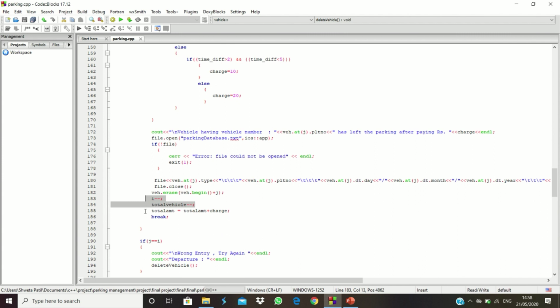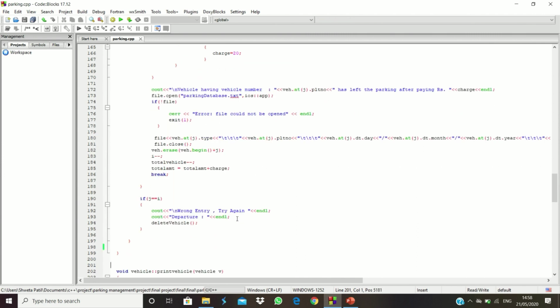We have calculated the total amount, but if by mistake we put a wrong vehicle number or vehicle type, meaning our system is not able to find a particular vehicle, it will show the message wrong entry, try again, and the delete vehicle function starts again.